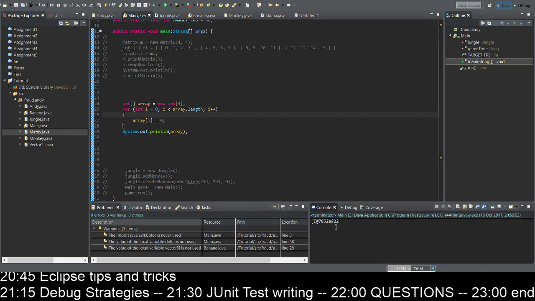And we get that, and we're like, huh? Why doesn't it print the array? And you don't have any errors or anything. This is the horrible bug. How do you fix that? Luckily, we know that we're printing an array, and if you try to print an array, basically anything,